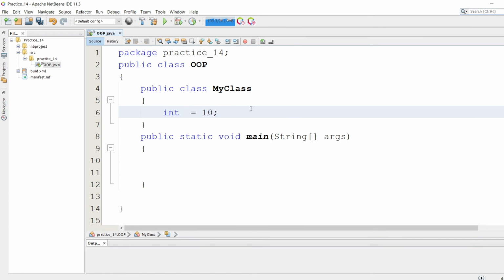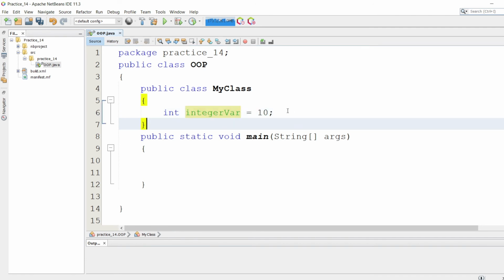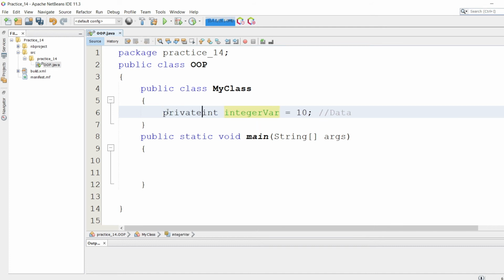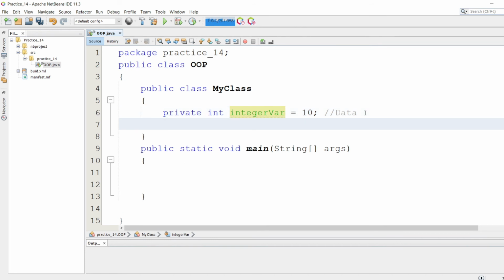I'm going to name this as integerVar. This is considered as the data in the class. We make the data a private one, and we can also create a method like public void value.